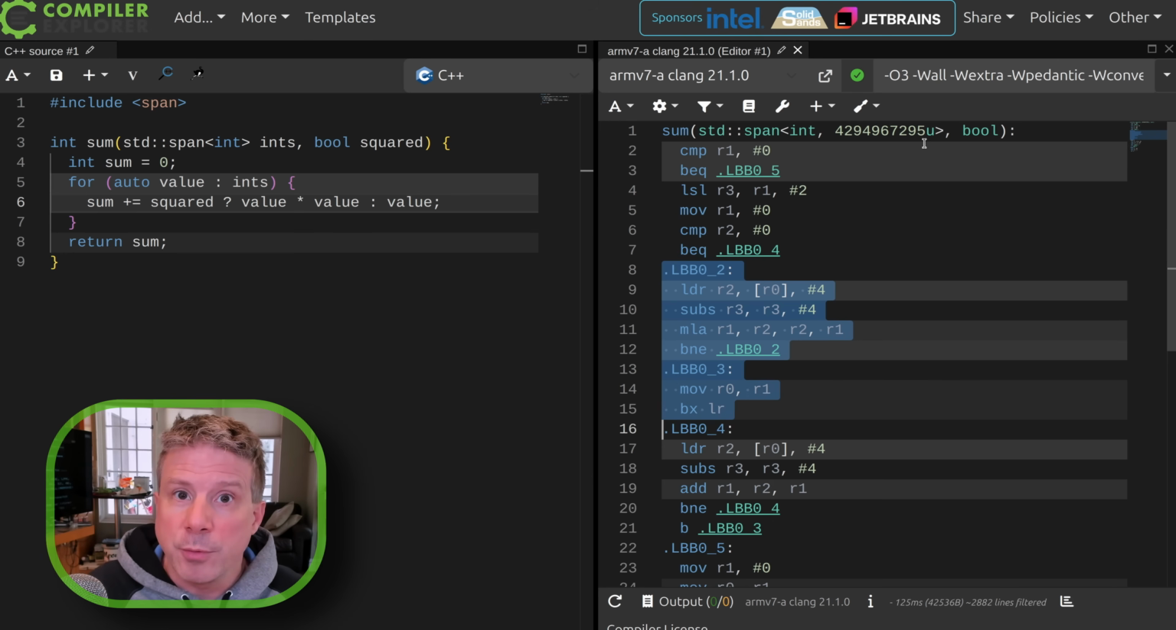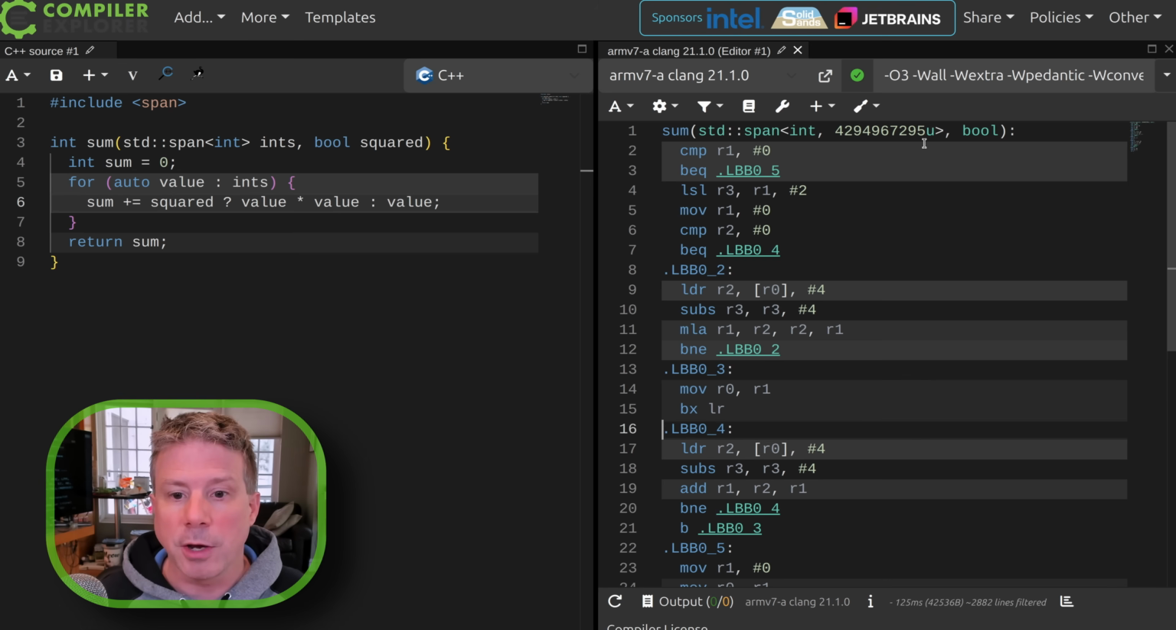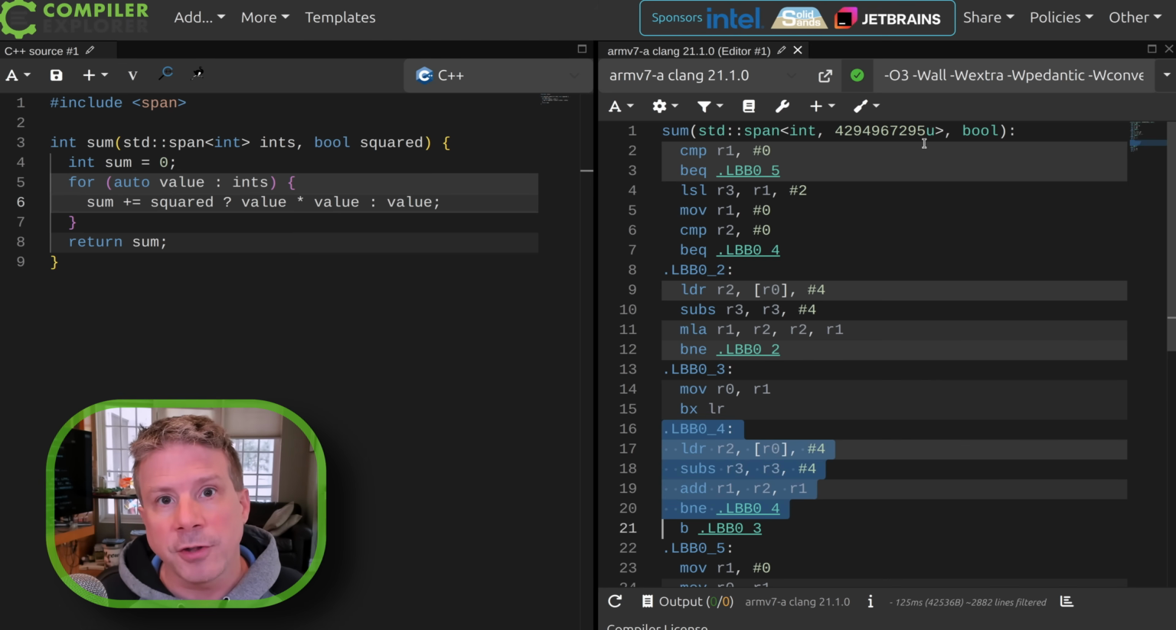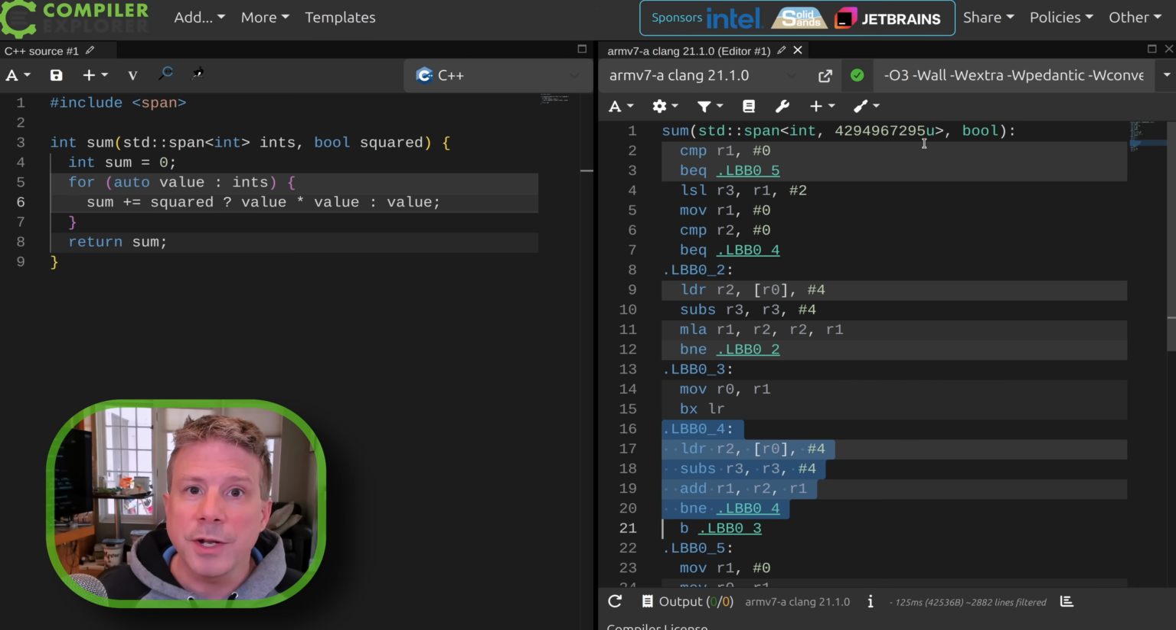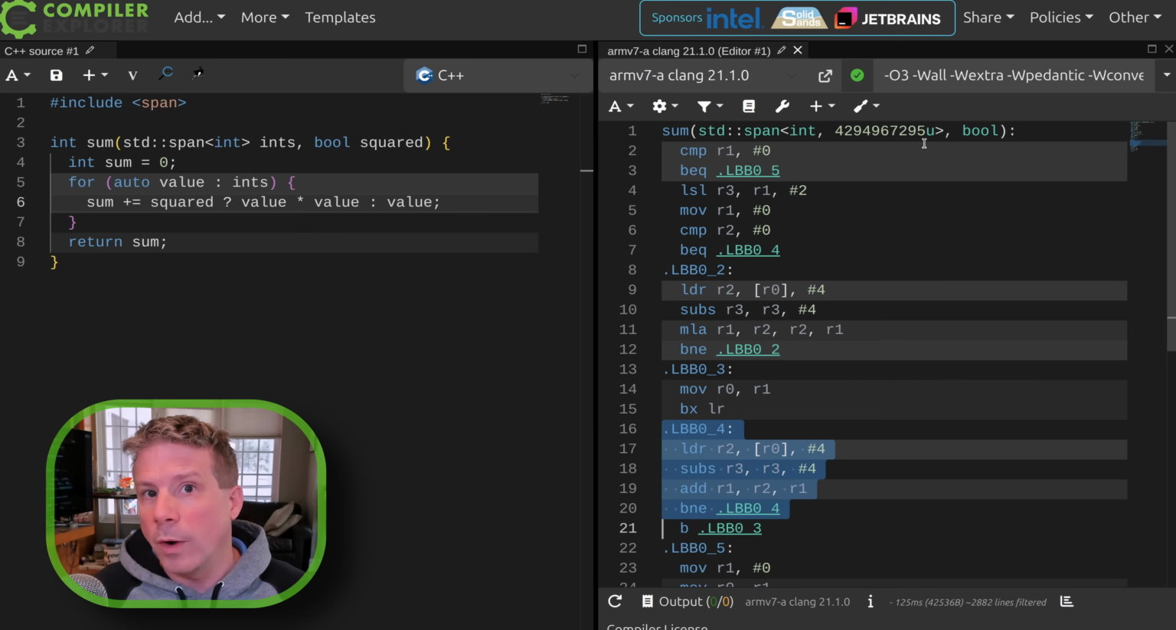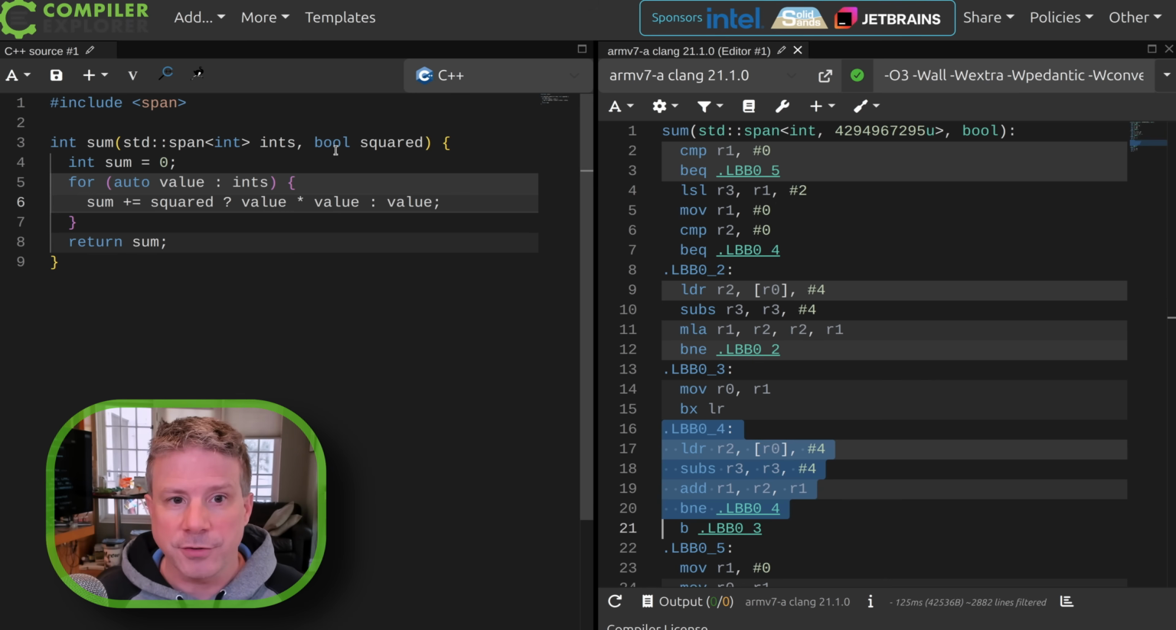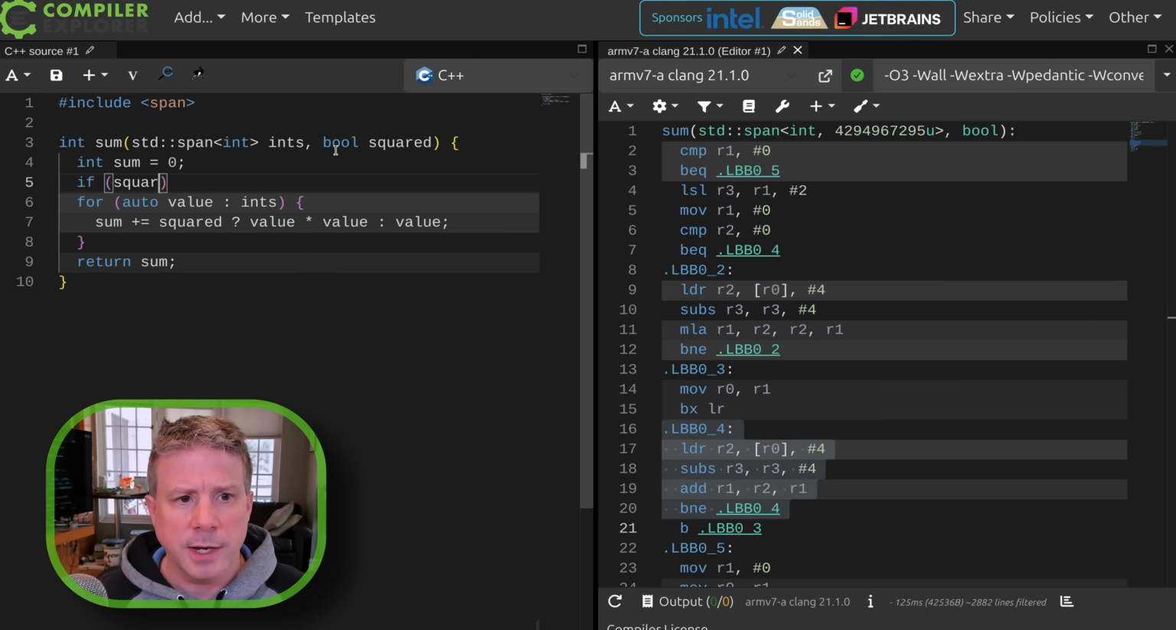So if the squared boolean was not false, it must have been true, then we have this loop here that is just doing the squaring and adding. Otherwise, we've jumped over to LBB0_4, and that loop just does the add. So behind the scenes, the compiler has rewritten our code, and it has checked the squared value outside of the loop, and then duplicated the loop, once doing the square, and once just doing the add. It's as if we'd written this code. If squared,